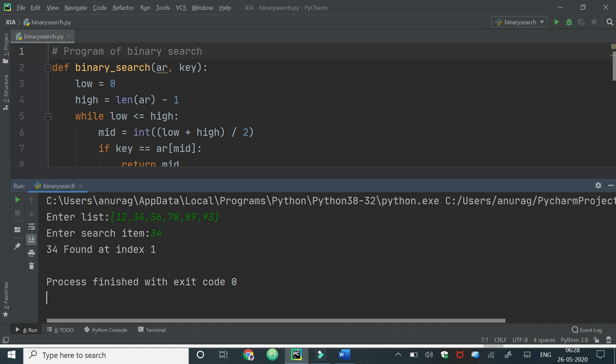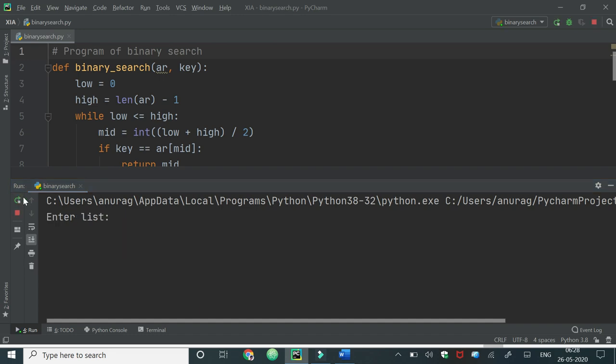Now I am going to run this program for another case, where the list does not contain the required element, and see how the program behaves.